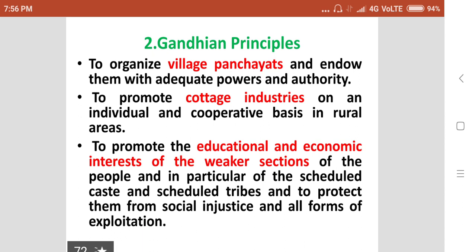to promote the educational and economic interests of the weaker sections of the people, and in particular of the scheduled castes and scheduled tribes, and to protect them from social injustice